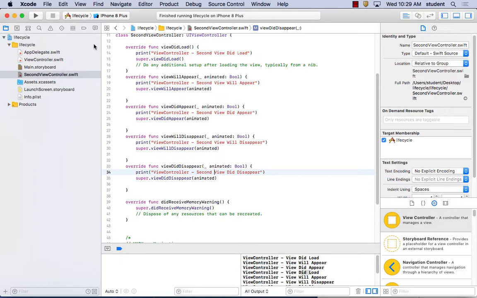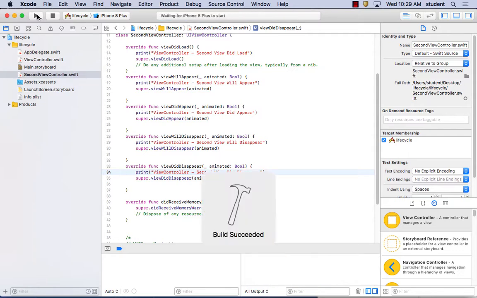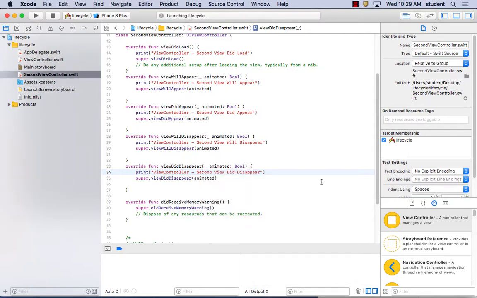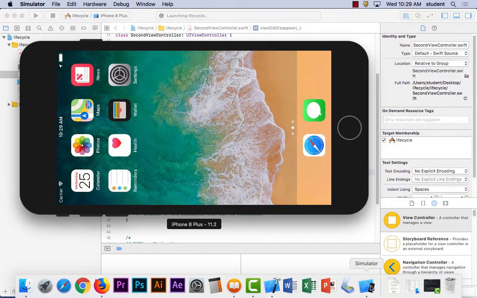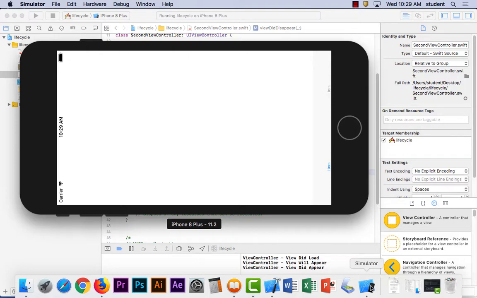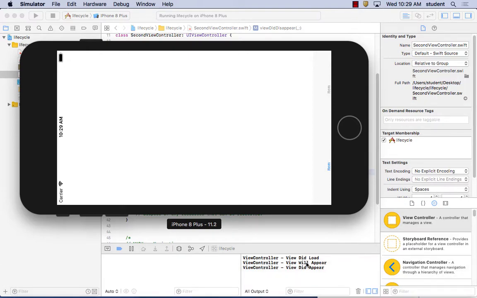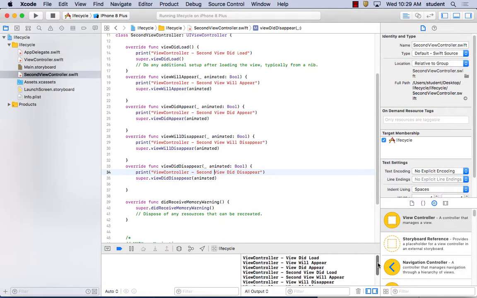So now let's test. We have our simulator coming. And again, we have view did load, view will appear, and then of course, as soon as we click the second item here, you go to the second view controller, and let's see what happens. Okay, so let's go over here. Let's look again. The view did load, view will appear, view did appear,